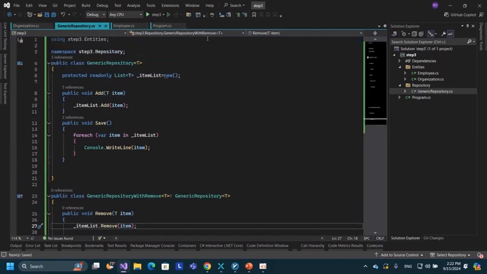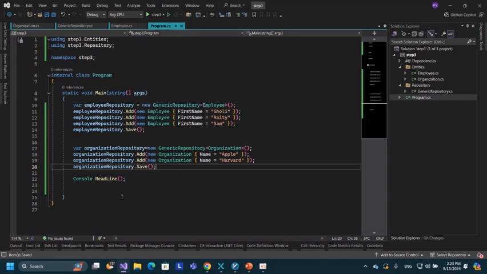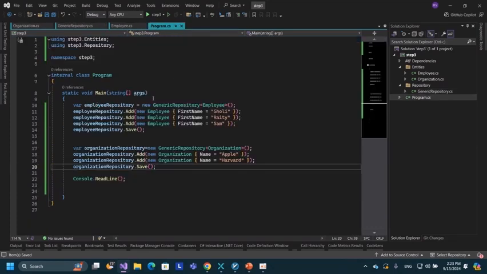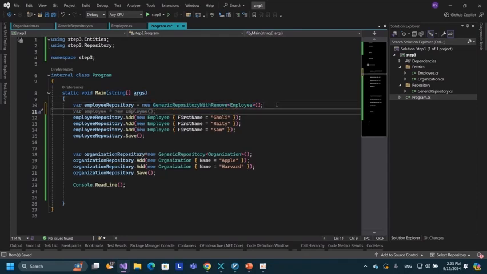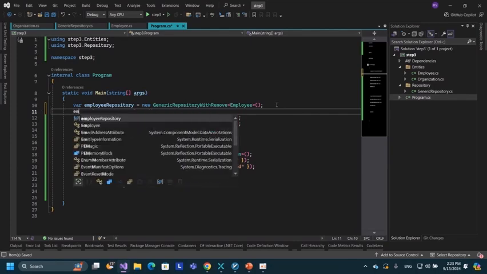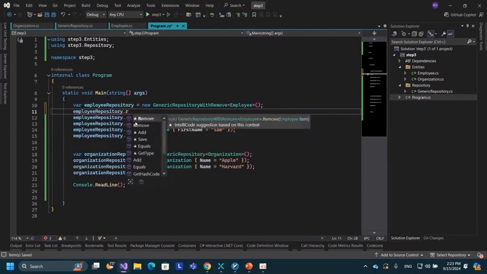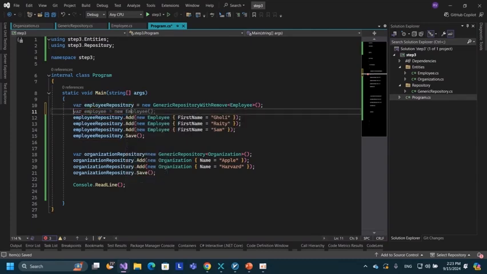Now you can see if I open program.cs file, if we change this to our new class, you can see we have access to the remove method. Yeah, as you can see, we can use this remove method too. And the last thing